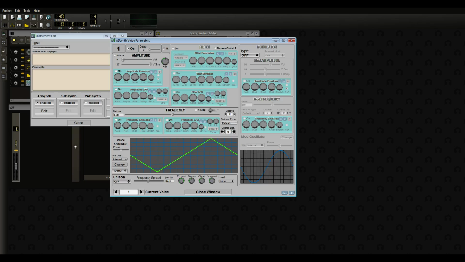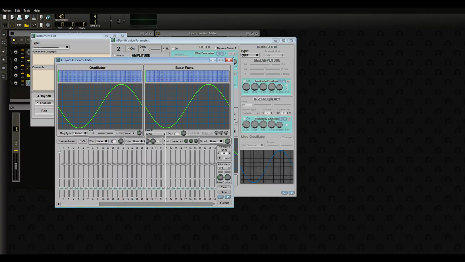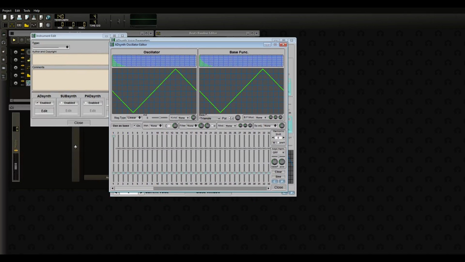Next, where it says Current Voice, down on the bottom left, you're going to click it over, and it's going to show the number 2. This number refers to which voice is currently active. So, which voice you're editing. So, I'm going to make it number 2, and I'm going to press the On button here. And so now we have Oscillator 2 active. We're going to click the change button again, make it a triangle wave, and change the base function parameter all the way to the left, just like the first oscillator. We're going to close that, and now